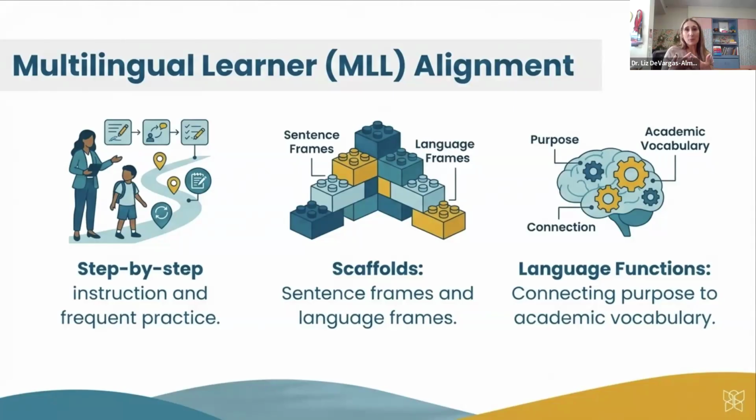So those scaffolds and supports will help them make those bridges, right? Again, they need that explicit instruction, that immediate feedback. We can't say feedback for later. It's not going to work. It's like when we graded papers and we put notes on them, and then we saw that paper in the recycle bin. Did you read the notes? Sure didn't. So that immediate feedback is imperative so that they can make adjustments and we can make adjustments and